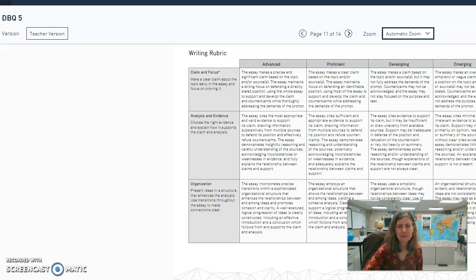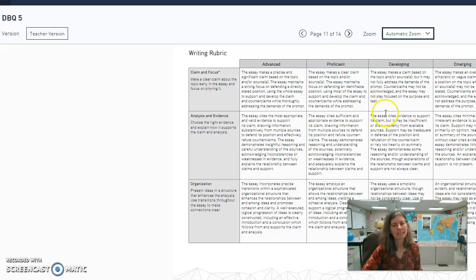When I grade your papers, I always start in the proficient category, and then I bop up or down. Please look at the grid, look at your grade, and know that I grade based on growth. So if you get an emerging score, all you've got to shoot for on your next one is a developing score. If you got a developing score, you want to get a proficient score. You always want to grow as a writer.